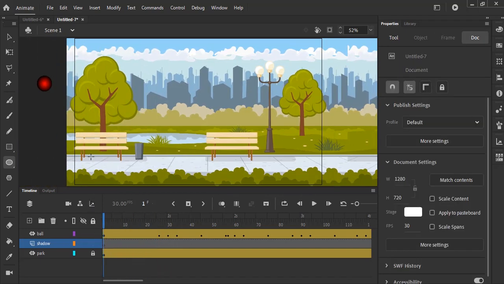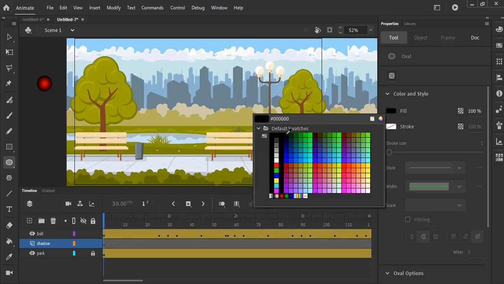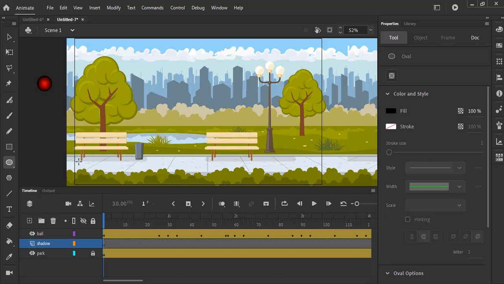Okay, let's start from the beginning and then just draw an oval on the floor. We need to make sure the oval is black, so I'm going to change the fill color to black and draw something like this